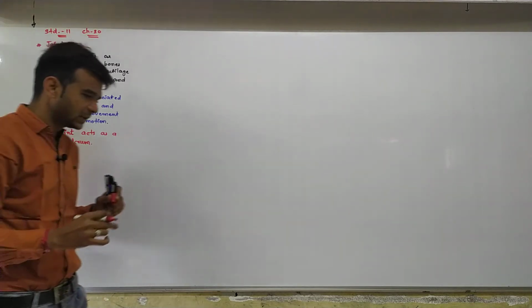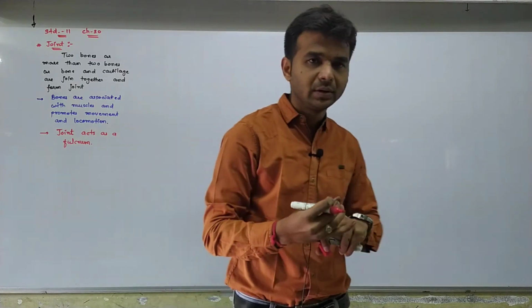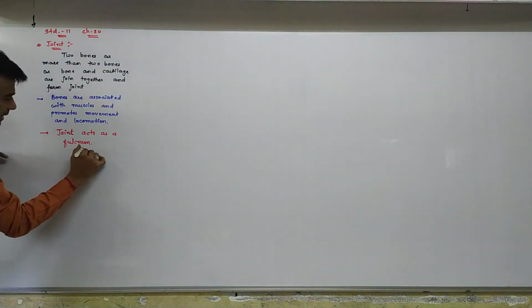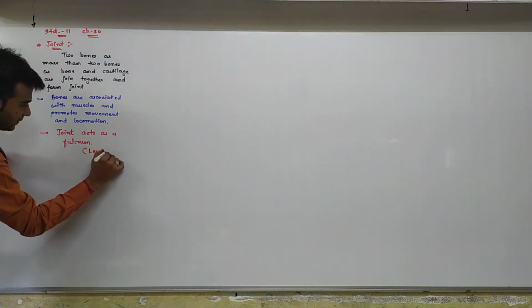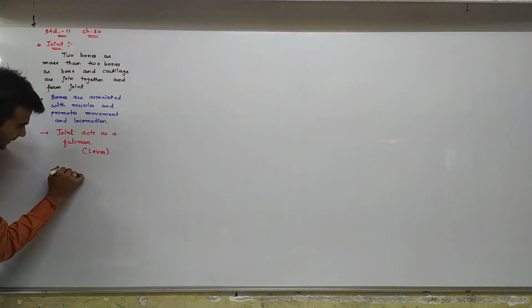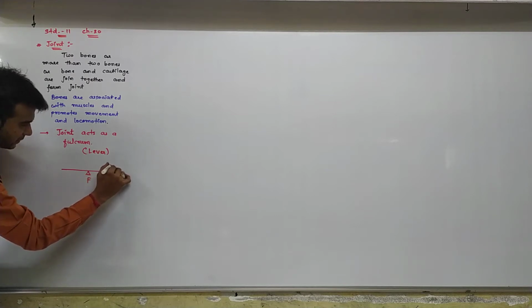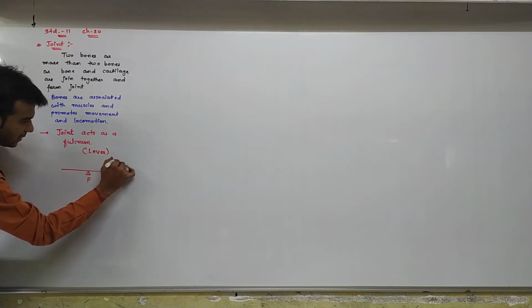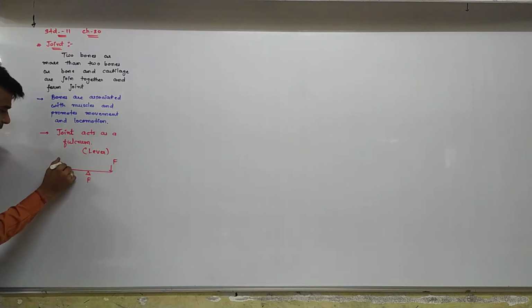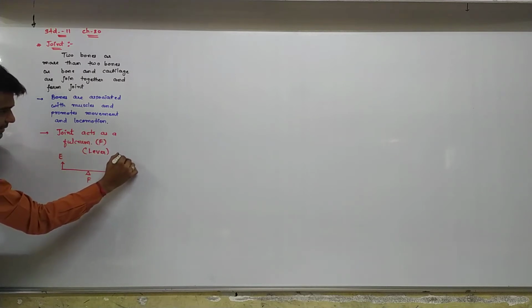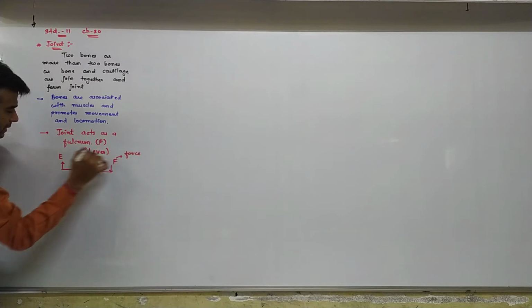Generally, fulcrum, force and effort, these three words are related to lever, L-E-V-E-R. Suppose for example, the fulcrum is on the centermost side. If on one side you apply the force, on the other side of the fulcrum you obtain the effort. So fulcrum is represented as F, and another F is force, and this is effort.